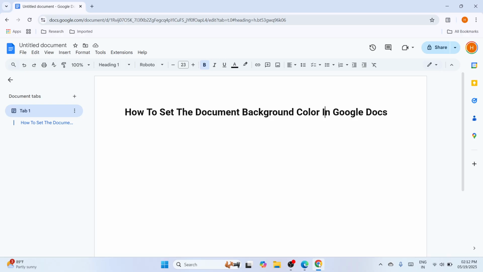So firstly, you need to bring up your Google Docs. Please open the document that you would like to change the background color of. I have here an example. And once you have opened the document,